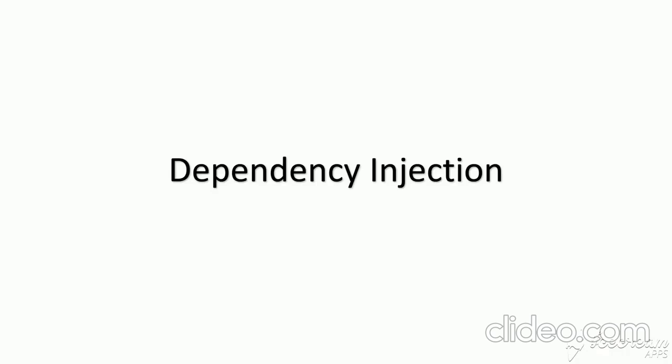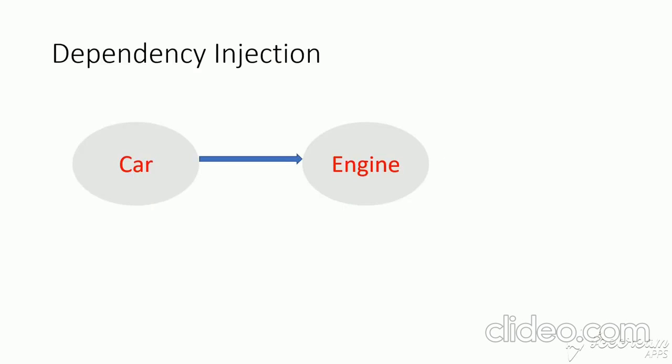So we all heard about dependency injection in any program. So let's go straight to an example and see what dependency injection is. Here you can see a car object and an engine object. There is a car class and an engine class, and the car class is dependent on the engine class. If you want to create a car object, then you need to create an engine object as well. So without an engine, a car can't exist. So every time we create a car, we need to create an engine object.